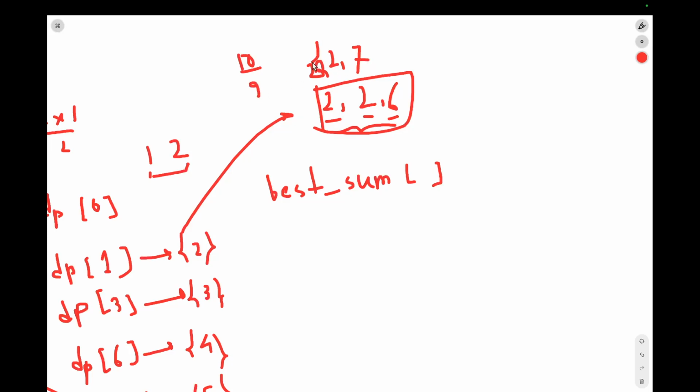So if we somehow form this, and that is a valid answer, will we take this or will we take this? We will take this one, because here the number of elements is lesser than the number of elements of this one. So the dp is formed in a lesser number of elements,